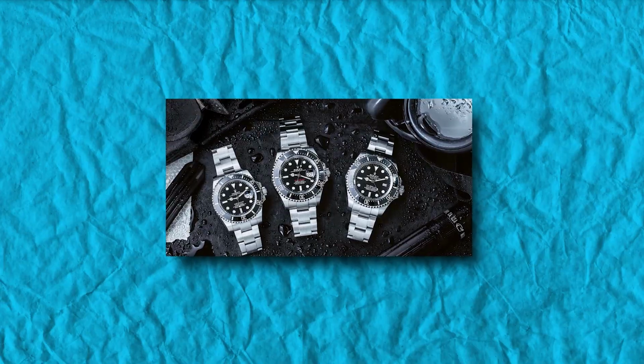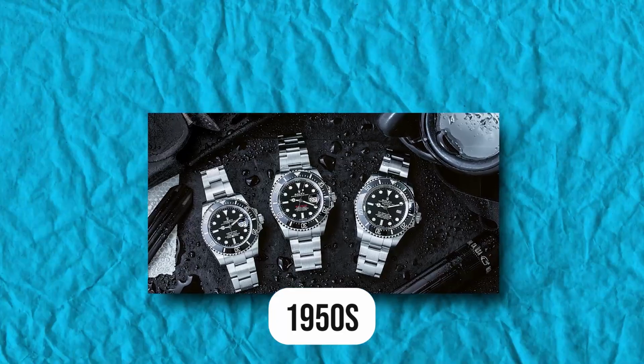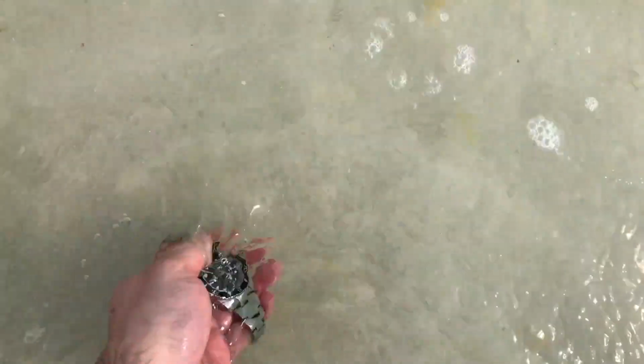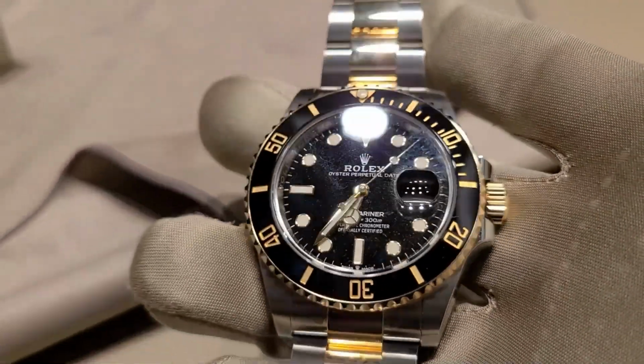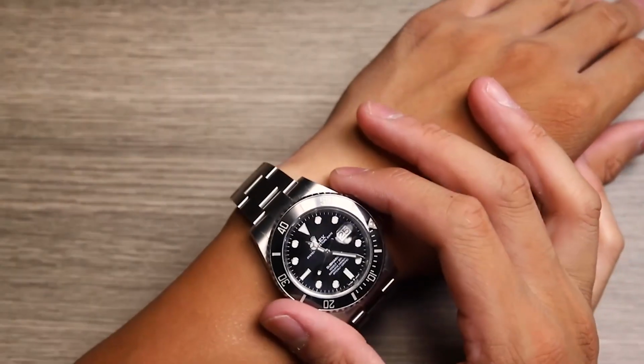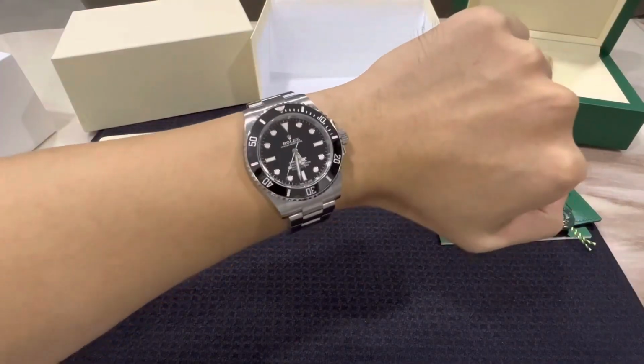The Submariner was first made for professional divers as a tool watch in the 1950s. It was designed to be highly legible and water-resistant, with a unidirectional bezel that could be used to keep track of dive times. Today, the Submariner is still a popular and highly respected watch that is known for its durability